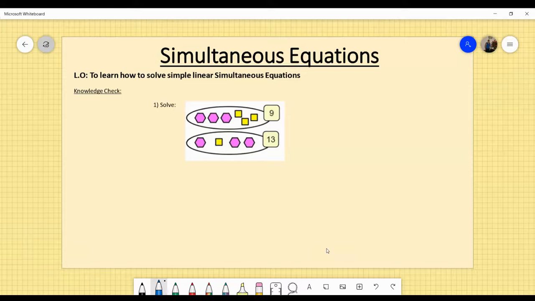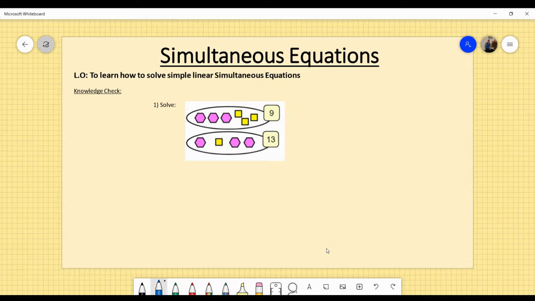Okay, so we're going to start our next unit on simultaneous equations. I'm going to start off with just a pictorial description as to where simultaneous equations come from and how you use them to solve two or more equations at any one point in time. The aim of simultaneous equations is they often have two or more variables. For GCSE, you just need the two variables, and you're aiming to solve what the value of each of those